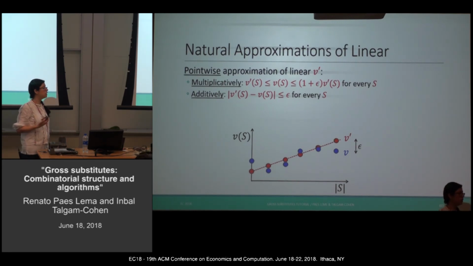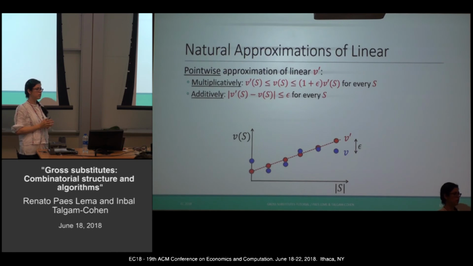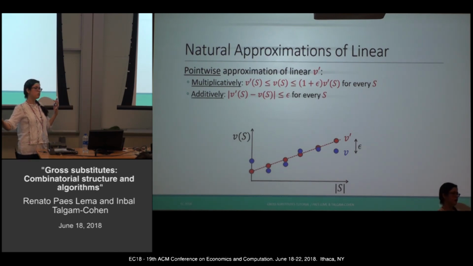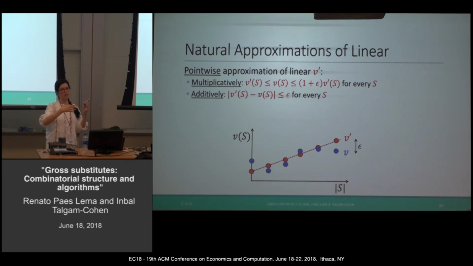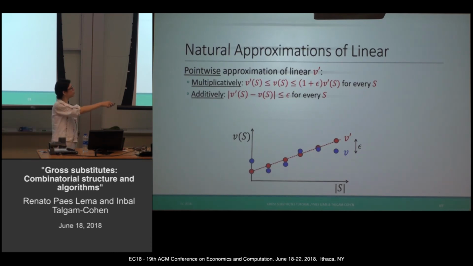Here are two ways. So first of all, you can have some pointwise approximation. This also is divided into two separate ways. So you look at the valuation. It's a long vector of exponentially many values, one for each one of the subsets. So you can just additively perturb this, or you can have something that's close in a multiplicative sense. So this is the multiplicative sense, and this is the additive sense. What I've drawn here is the additive sense. Actually, this is for a symmetric function because I can't draw the high dimensional one.